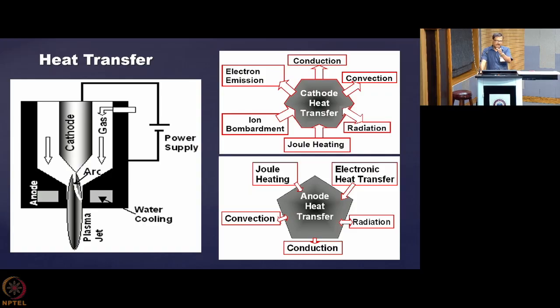If you are considering this kind of torch, I will tell you that there are two different types of torches. One is the transfer arc and the other is the non-transfer arc. This is a non-transfer arc kind of torch. Now, if you are trying to calculate the efficiency of this device, in this particular device there are only two segments: one is your cathode, one is your anode. So, whatever heat is being extracted is only through these two components, and the input is V into I. The amount that is extracted is limited to only these two components.